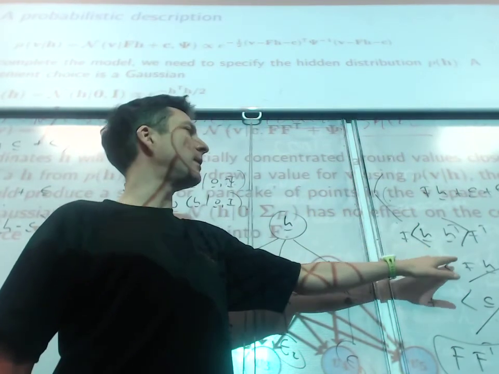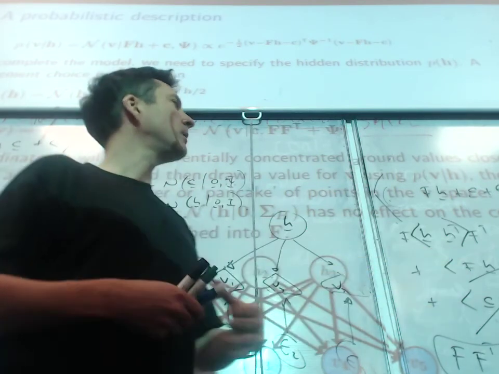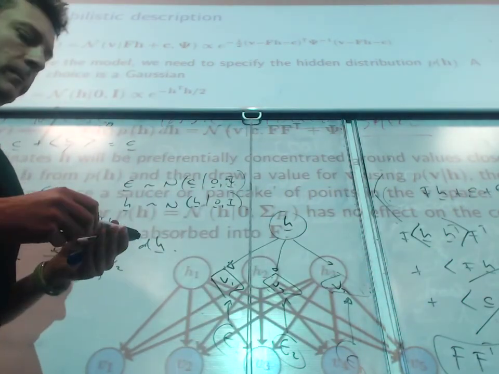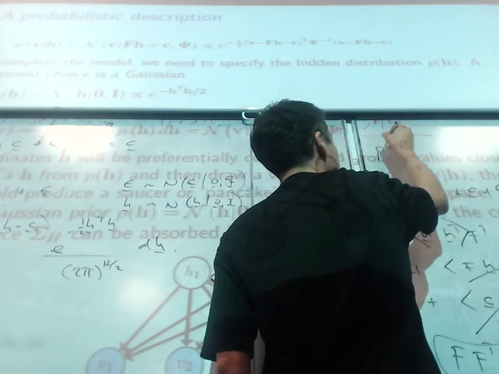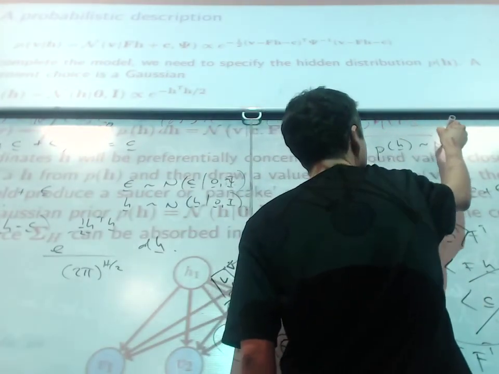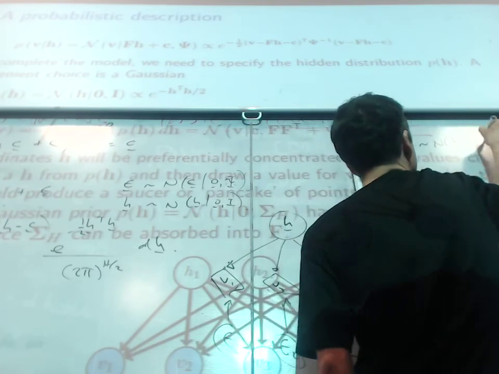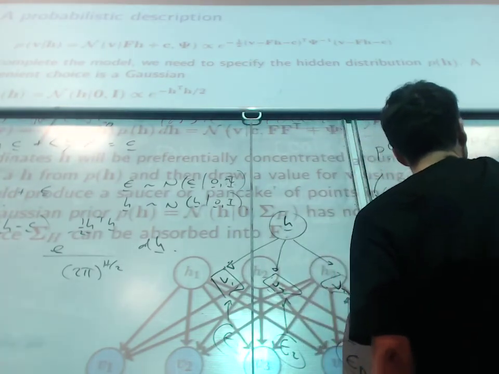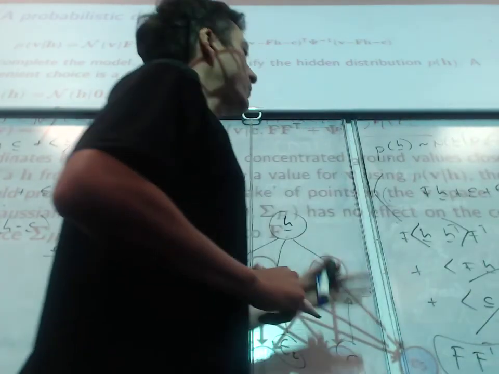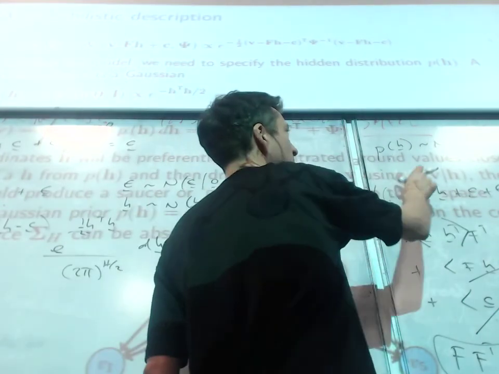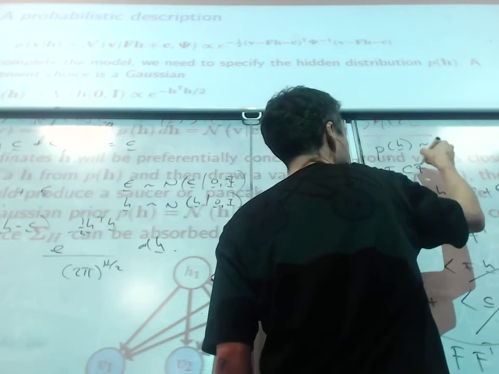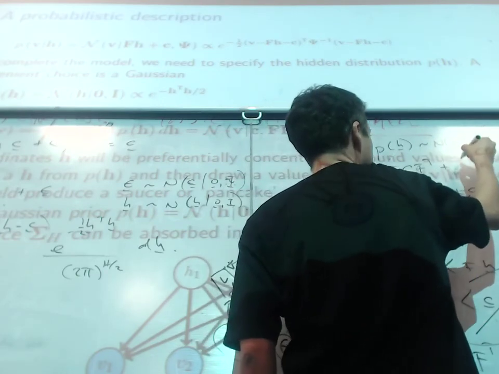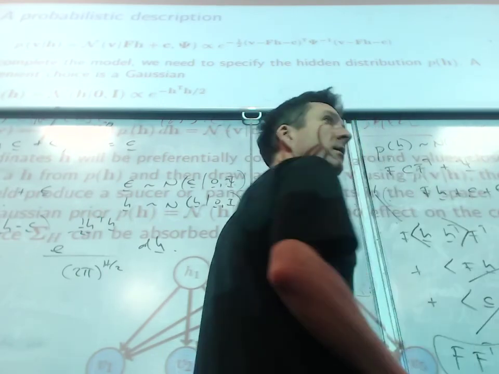You could call that, say, C. So in the general case, if P of h is distributed with a normal distribution, say zero mean and covariance C, we just end up with a covariance for V to be F C F transposed plus psi. That would be the resulting